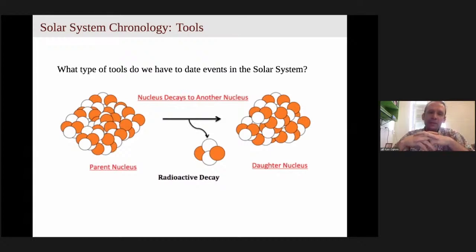So what happens here is we have a parent nucleus and it has some number of protons and neutrons, and it decays to another element that has a different number of protons and neutrons. So during that process, it emits some form of energy. It could be gamma rays, it could be a helium nucleus like shown here. It's not really important for what I'm talking about today, but it undergoes this change, it emits energy, and